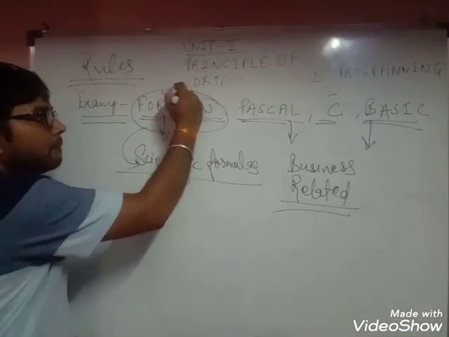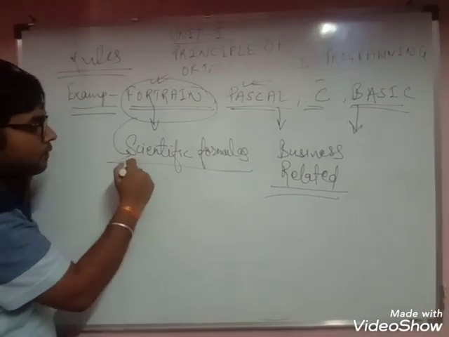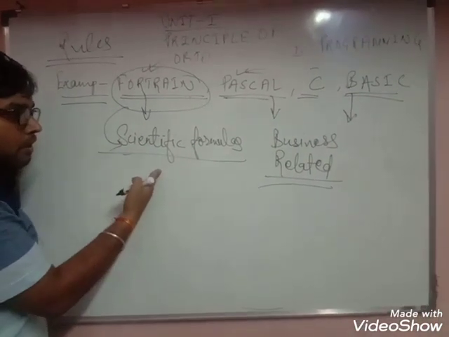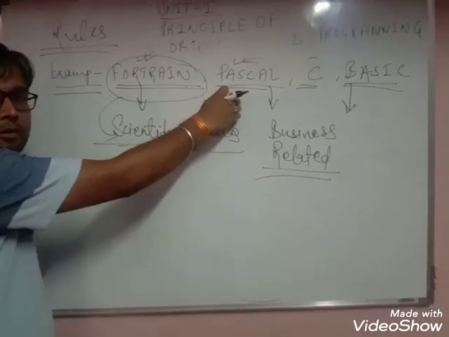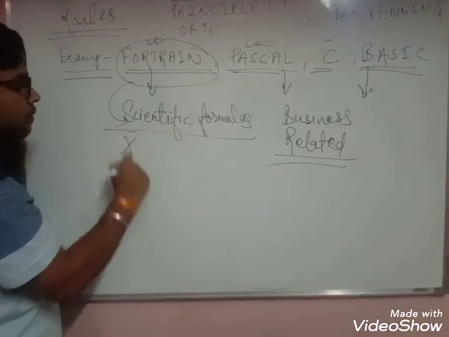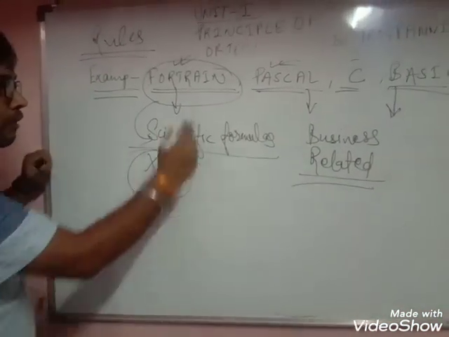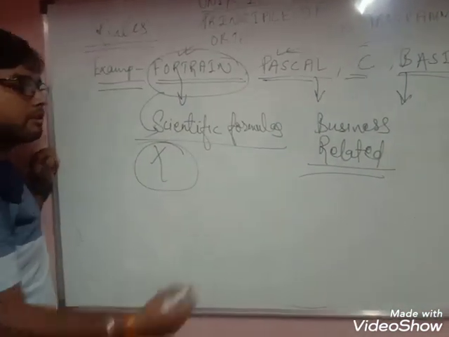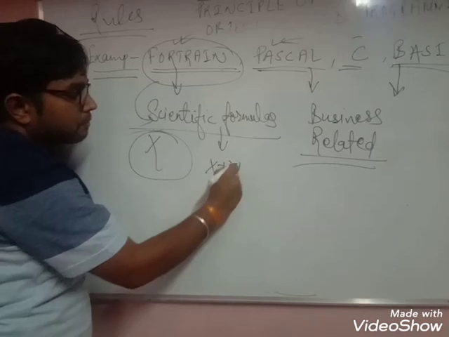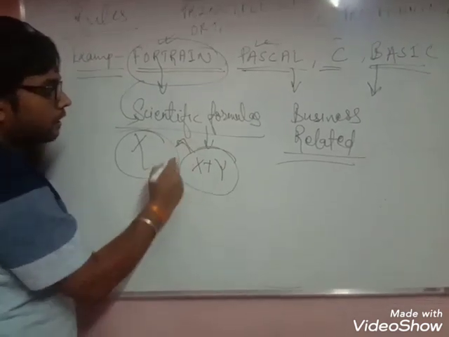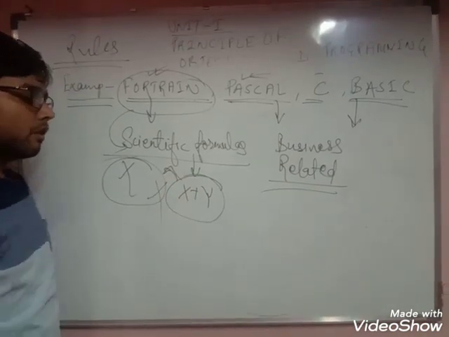So what I want to say is that if you are using procedure oriented programming, then for every work you have to know one programming language. If you want to do addition, you have to learn one programming language. If you have to search scientific formulas, you have to learn Fortran. If you want to work on business related work, you have to know Pascal. So this is not good, not convenient for the student. The drawback of procedure oriented programming language is that it is made only for a special purpose. So if you want to add two numbers in procedure oriented programming, it cannot be done with the use of this rule.